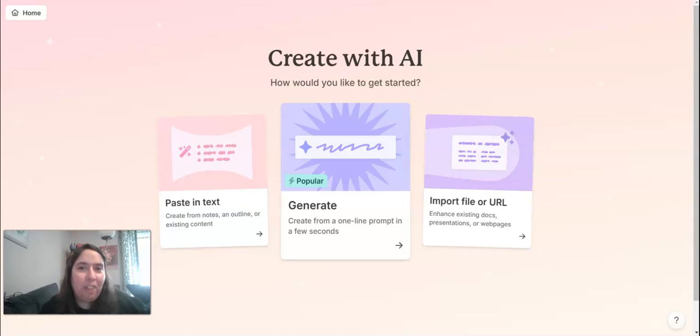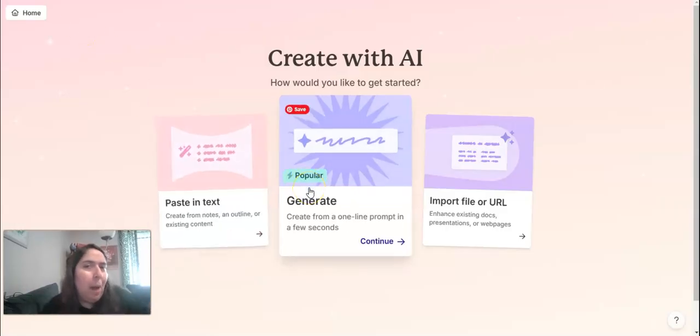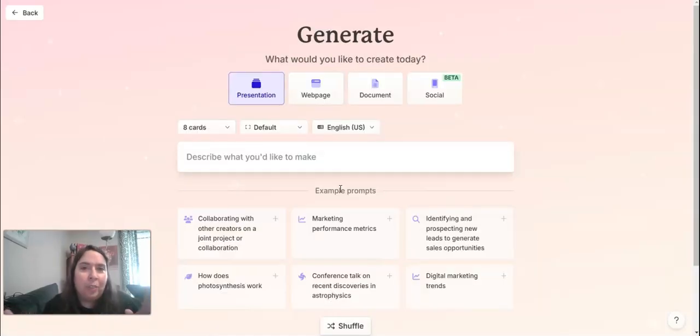And so I'm going to be very meta. I have a workshop coming up about business maintenance, and so I'm going to just see what Gamma pops up for me. You're going to come along with the ride, a little bit behind the scenes of how this presentation comes together. I don't have any notes necessarily. Everything's off the top of my head. So I'm just going to go to generate and see where we go from there,